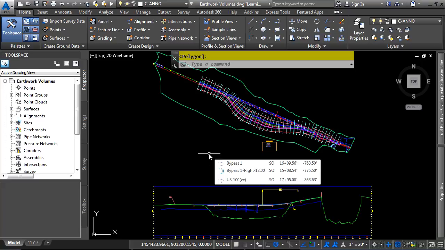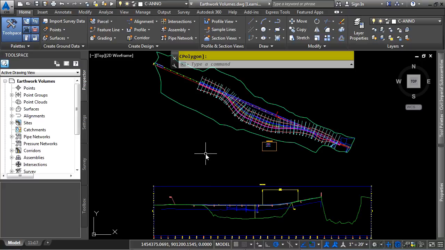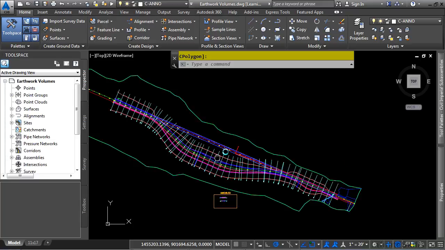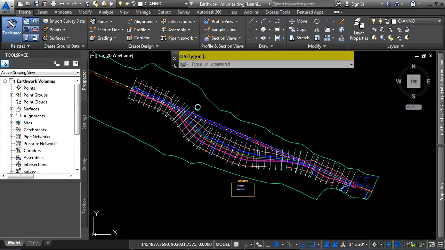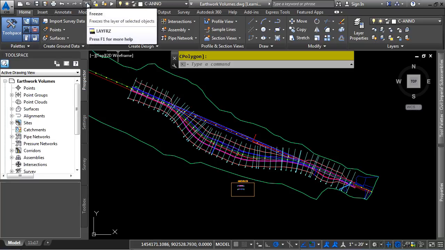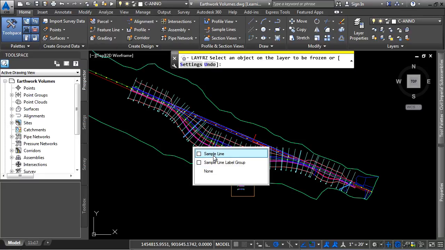The first thing we want to do is actually create a new sample line group that will sample the sources that we want to report on in a separate sample line group. We already have one that we use for creating cross-section views, but let's create a separate one that will be a little more accurate. First thing I'm going to do is freeze this sample line group as it's on its own unique layer. So I'll go to the Home tab, Layers panel, we'll use the Layer Freeze command,